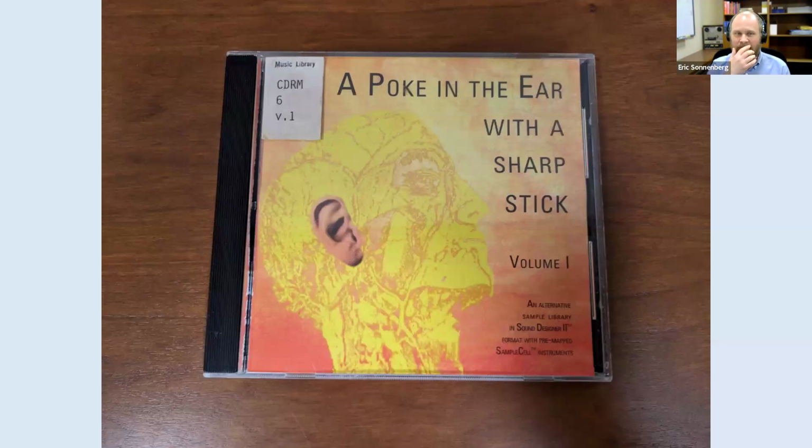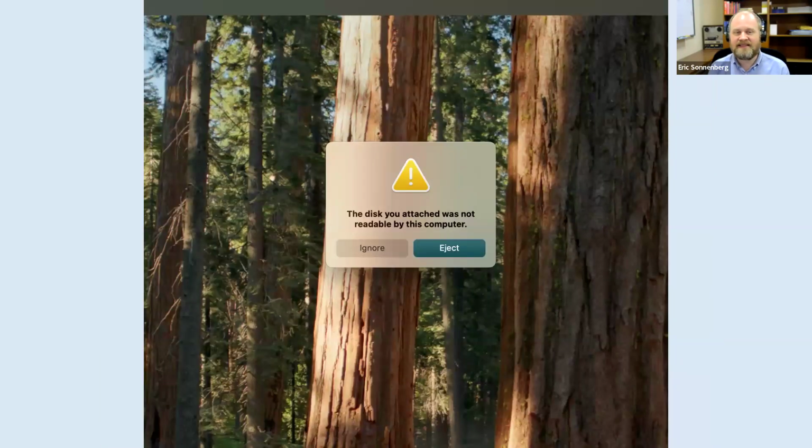This is one of the Poke in the Ear with the Sharp Stick collection CD-ROMs, and when you try to play them, it's simply not readable. It won't mount the drive at all. So there is possibly a way to get at this material, but it's definitely not easily accessible